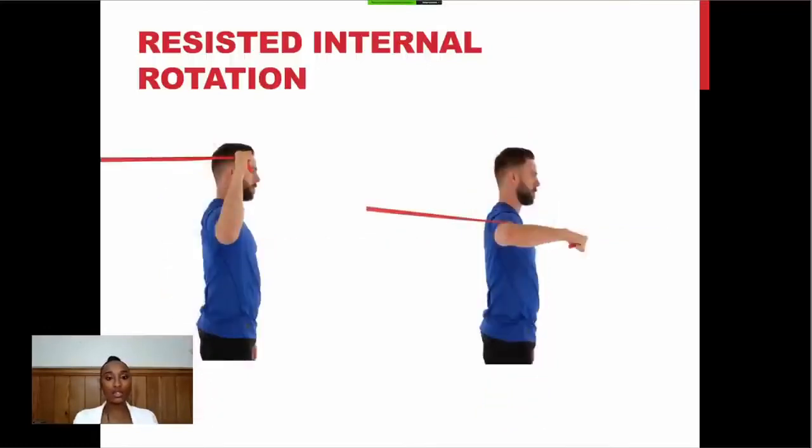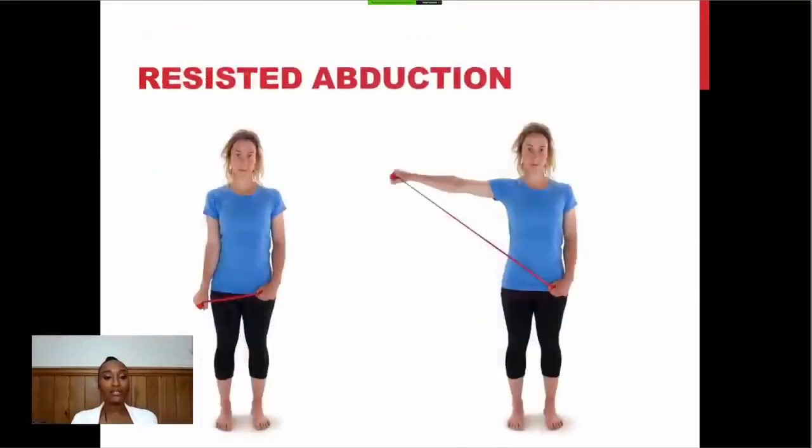And that's another way of doing internal rotation, with your elbow out to the side at 90 degrees and then pulling forwards and down so that resistance is behind you. And then finally resisted abduction, which is another main function of one of the rotator cuffs,